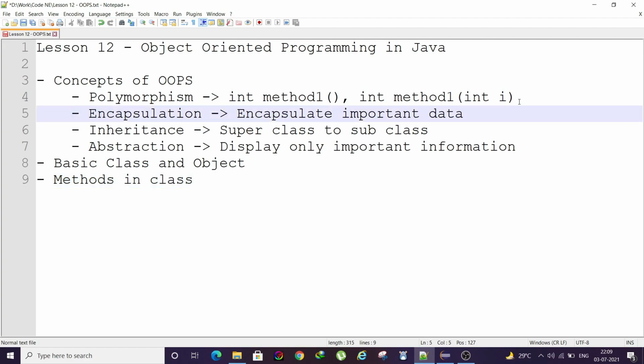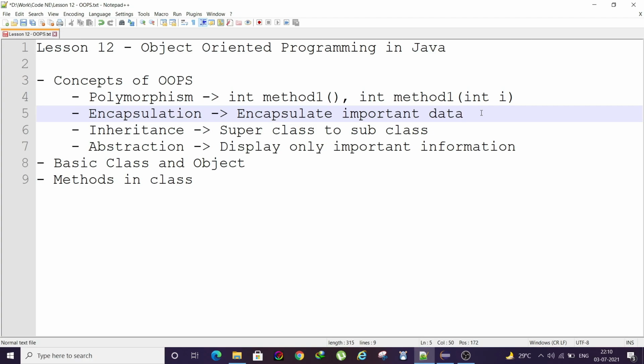Moving on to our second property, that is encapsulation. Encapsulation means to confine some data inside another object. For example, you have a class, and inside that class you have some data. You do not want that data to be accessed by any outer class. In that case, you use a specifier like private or protected or public. Till now, I know you have only seen the public access specifier in our course, but as we progress, we'll see what are private and protected.